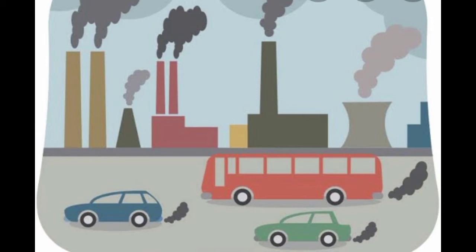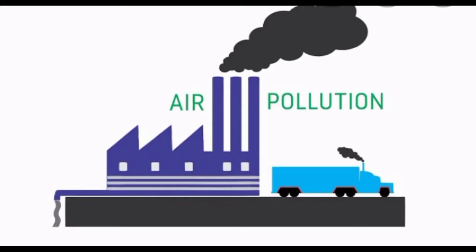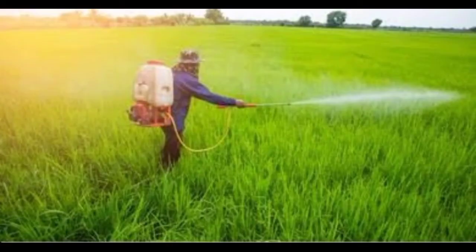Industries. Many industries have been established to manufacture things. A large amount of carbon dioxide, hydrocarbons, organic compounds and chemicals are released into the air by these industries. Because of these pollutants, the quality of air is affected very much. Burning of fuels like coal and petroleum releases sulfur dioxide, which is an air pollutant.